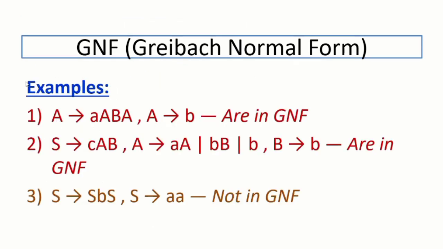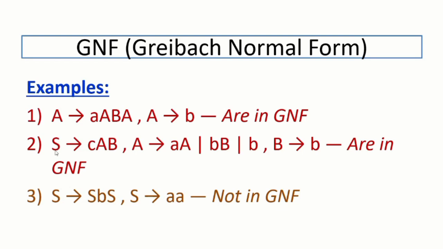Examples of Greibach normal form: see the first example, A tends to terminal a followed by non-terminal symbols A, B, A. Then the next production, A tends to terminal b. This is in Greibach normal form because it starts with the terminal a followed by non-terminals. The second production is also in Greibach normal form because it starts with the terminal and has no non-terminal after